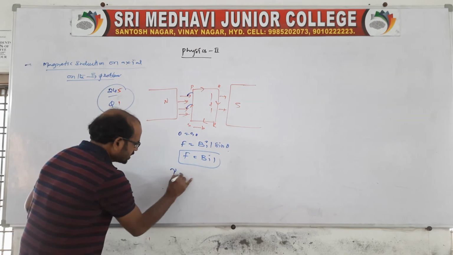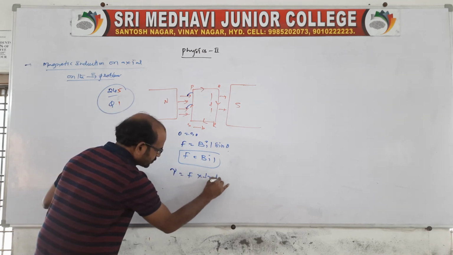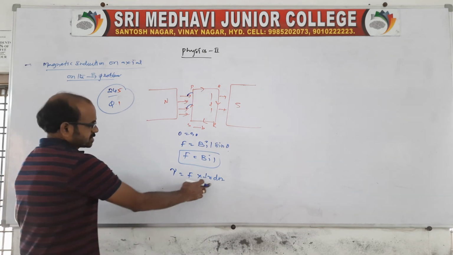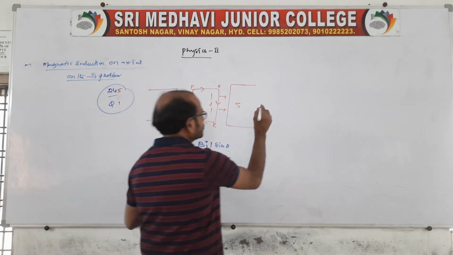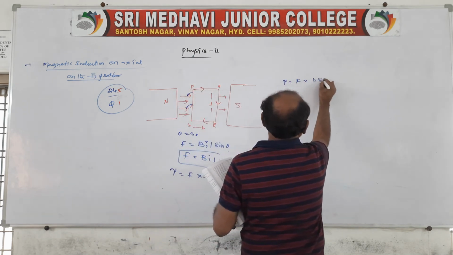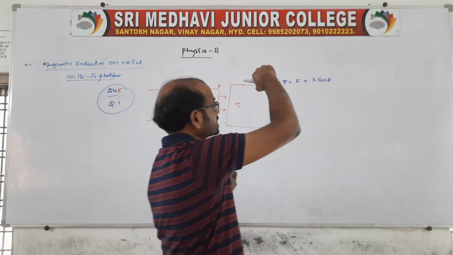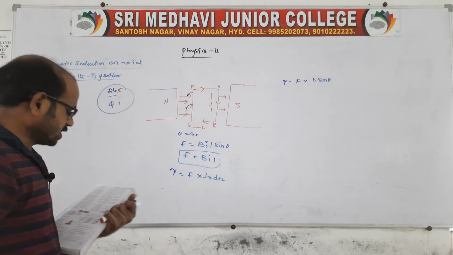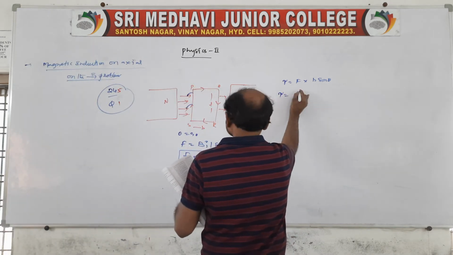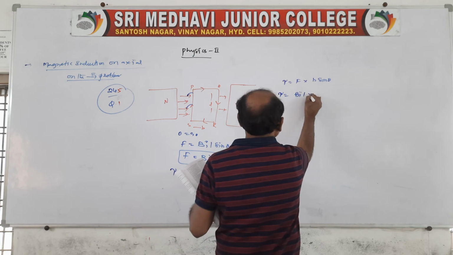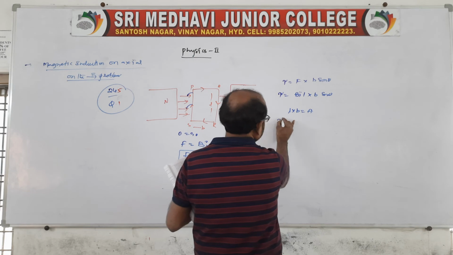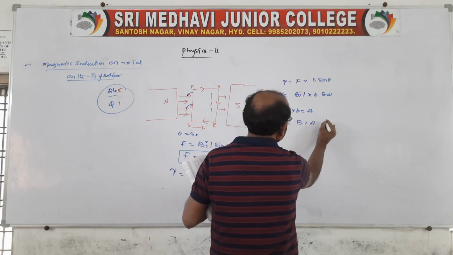So torque is nothing but force into perpendicular distance, of course. So what will the perpendicular distance be? From this we already know that torque is equal to F into the perpendicular distance, which is B sin theta. In the previous chapter, you check this, you will get B sin theta. You don't need to take it directly, right? Force is equal to BIL into B sin theta. Of course, L into B is nothing but the area of the coil. Then torque is equal to BIA sin theta.